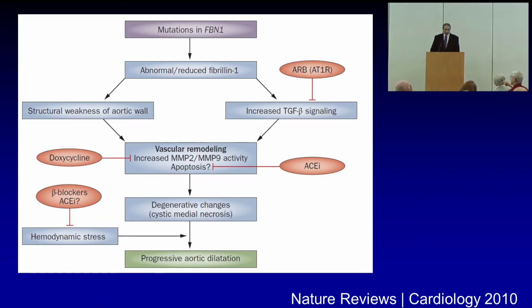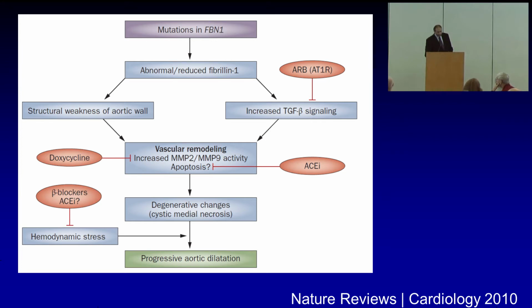This is where we are with regards to how we understand the disease as of now. You've got a mutation in the fibrillin gene. There's abnormal or reduced fibrillin, which leads to structural weakness in the aortic wall. And we've also recognized of late that there's an increase in another protein signaling, called TGF-beta, which leads to vascular remodeling. So there are multiple different factors that are looked at as